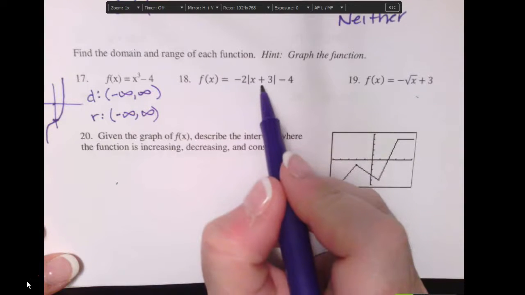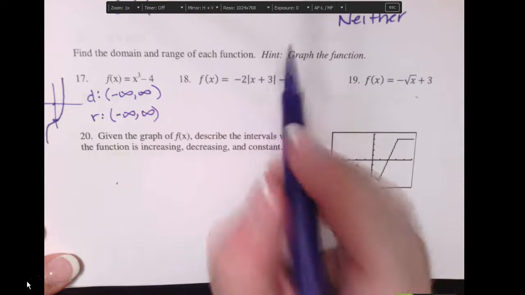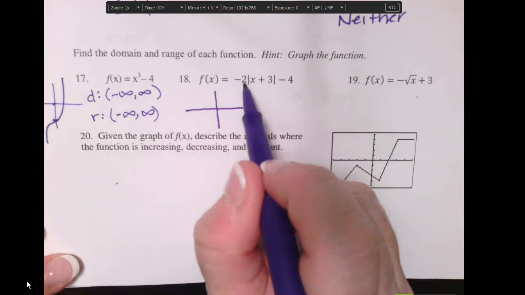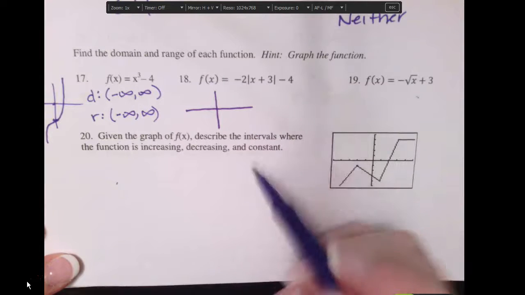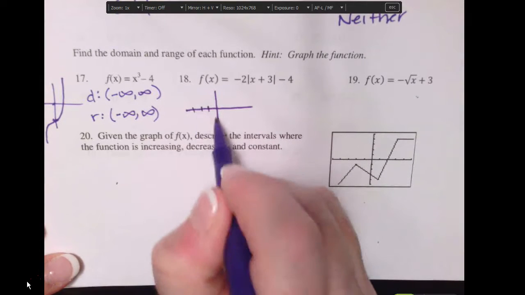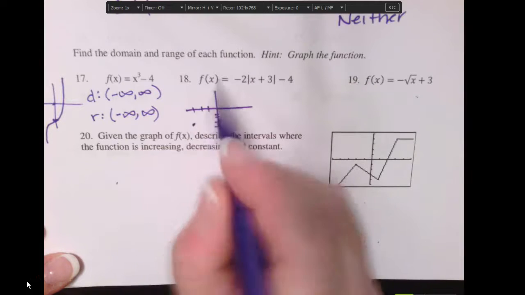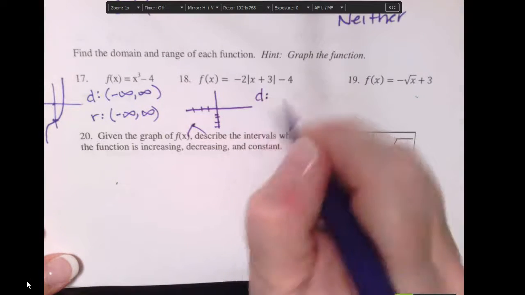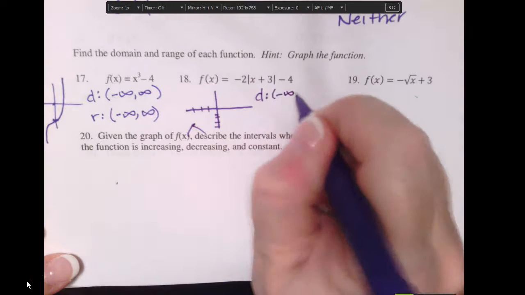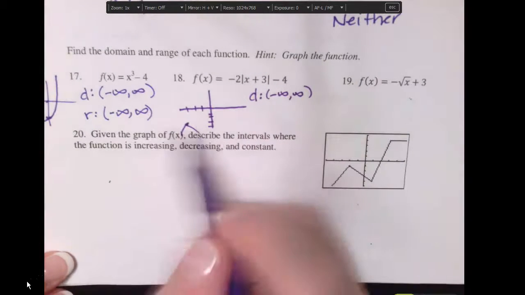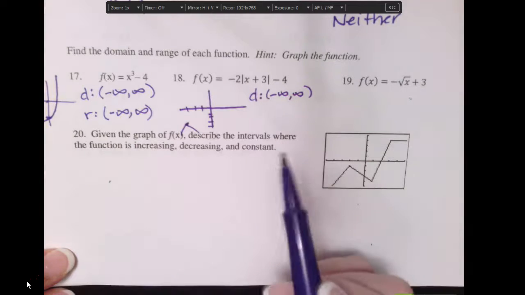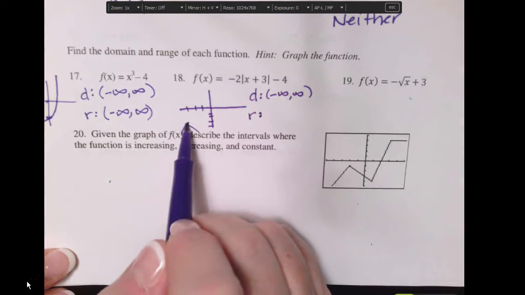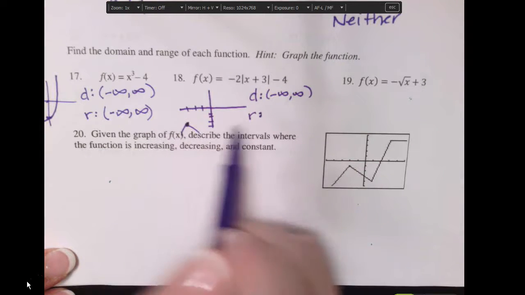Here we have an absolute value which is shifted 3 to the left, 4 down, and it's flipped, and it has a vertical stretch. So 3 to the left, 4 down, and so I don't care so much about the stretch when I'm finding domain and range. My domain is still all reals, so I write it like that. There's no value of x that I can't plug into that and get a solution out, but my range, you can see how by shifting it 4 down here and inverting it, the top of my range is -4,